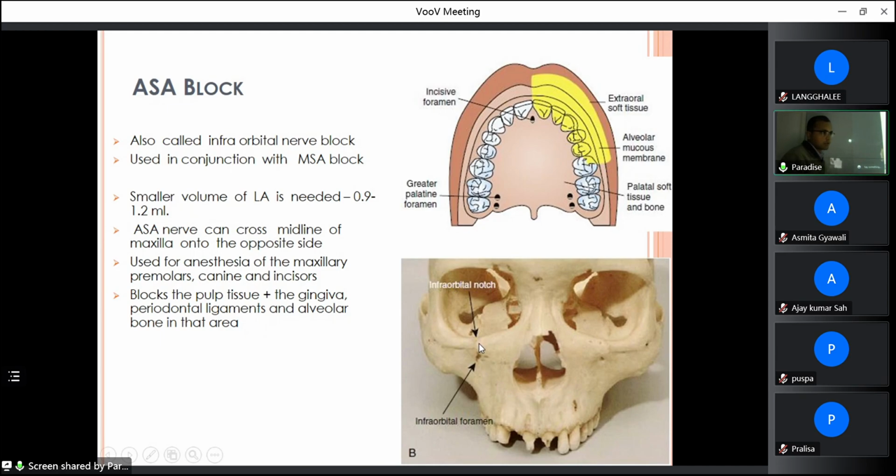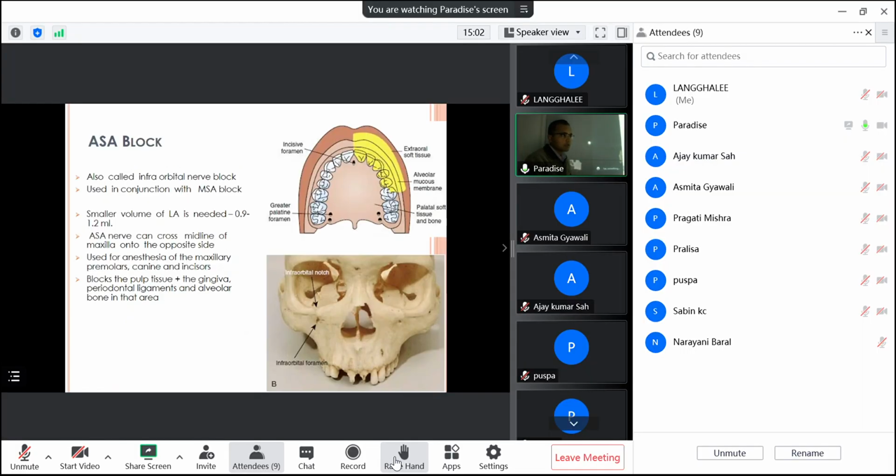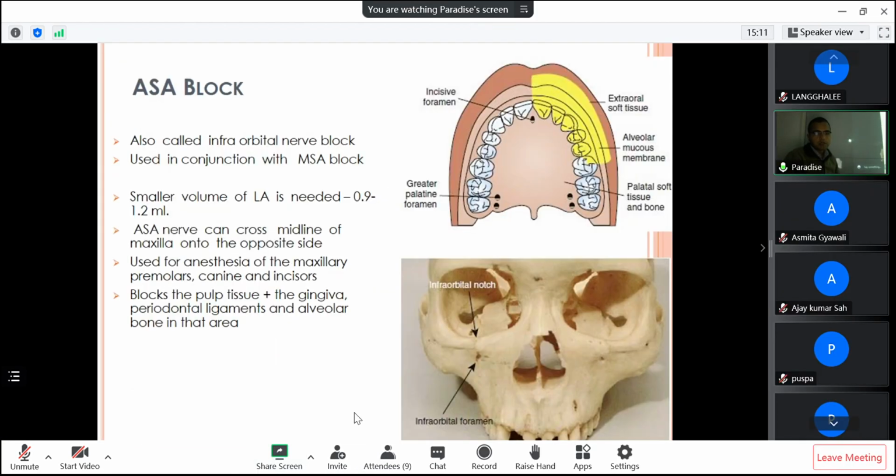No symptoms. PSA does not have any subjective symptoms because PSA does not supply any of the outer structure. In all other nerve blocks there are subjective symptoms, but in case of PSA, there are no subjective symptoms. So when you deposit local anesthesia in the region of the infraorbital area, it will block from the central incisor